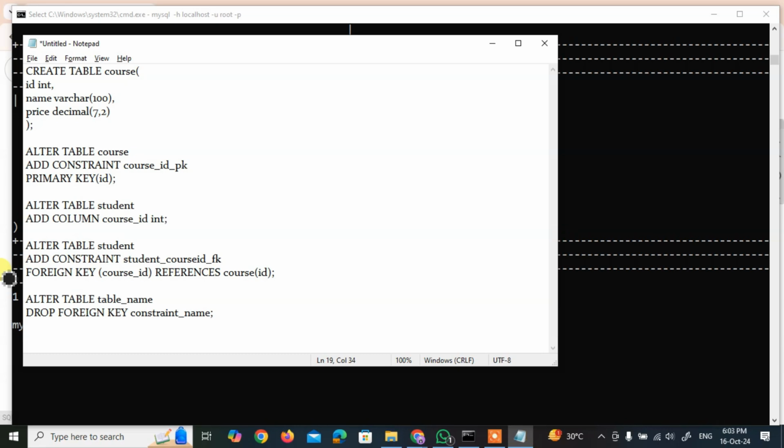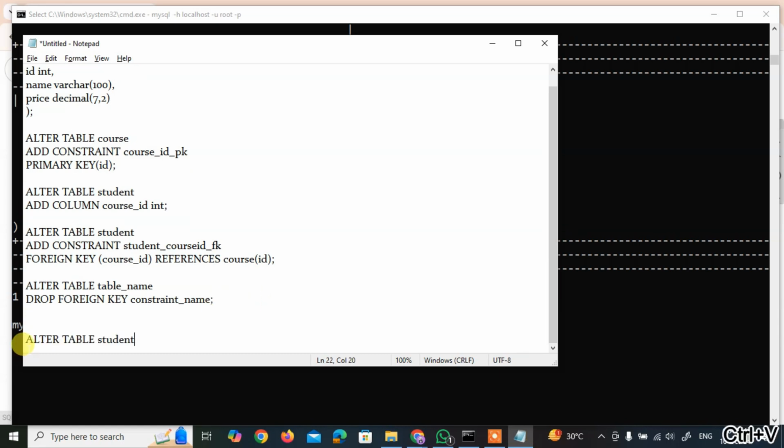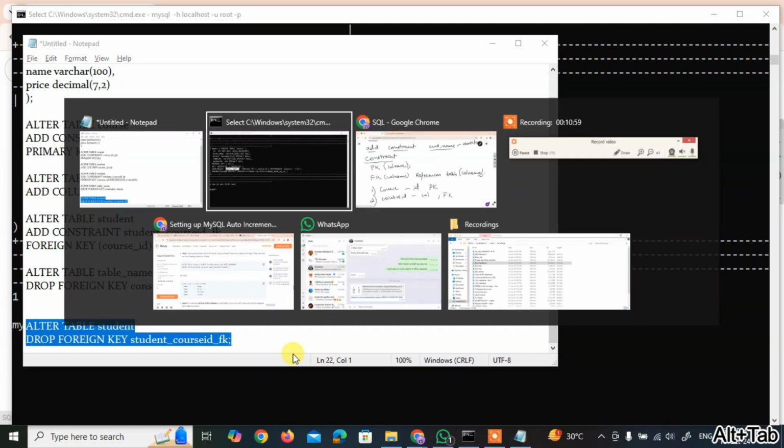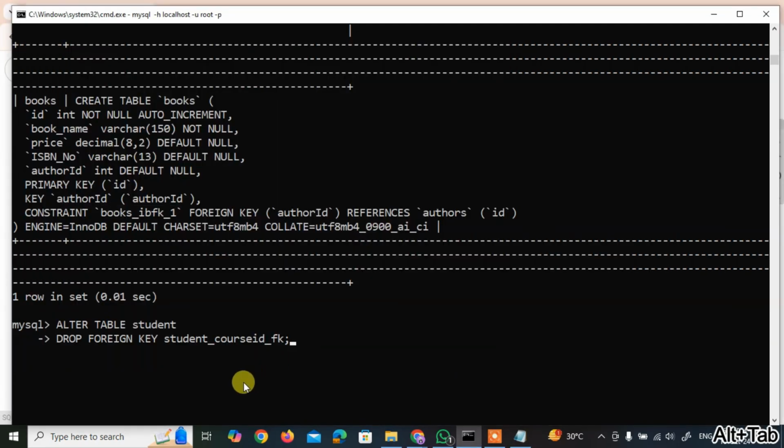So if we want to drop the constraint for the student table, then the command would go as alter table student, drop foreign key, student_course_ID_FK, and that's how the command works.